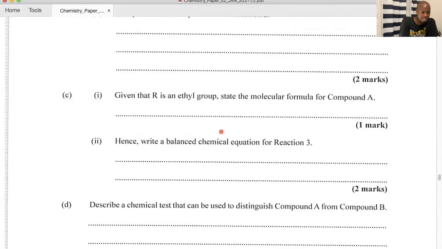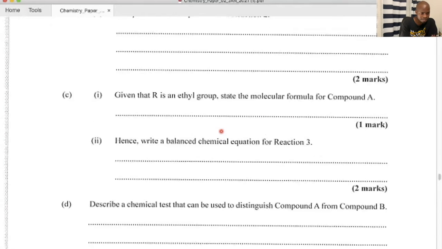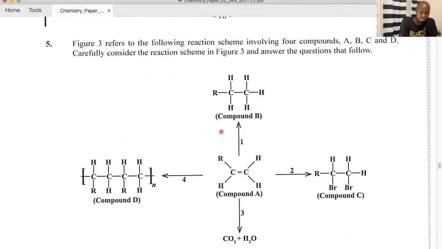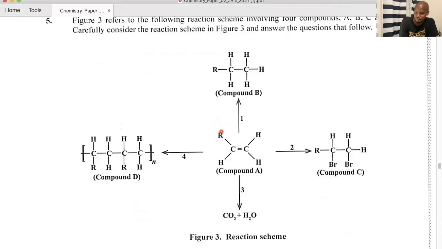Given that the R is an ethyl group, state the molecular formula for compound A. So we'll go back to the diagram. In the exam, we'll be flipping from page to page. We're saying if the R group in compound A is the ethyl group, so this is the R group, we're going to substitute the R group with the ethyl group. The ethyl group is an alkyl group,